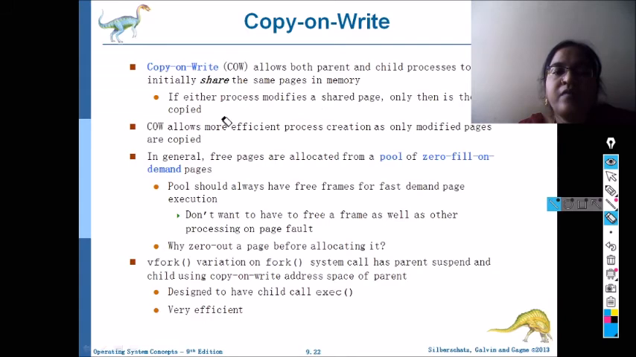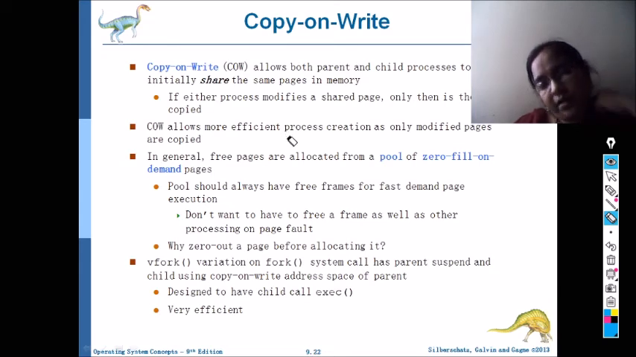Here you are creating another page on the write operation being done. Whenever a modification is made to a particular page, only then do you create a copy of it. That is called copy on write. Now, when you have to create a copy of a modified page,